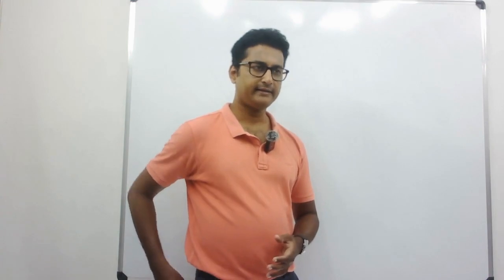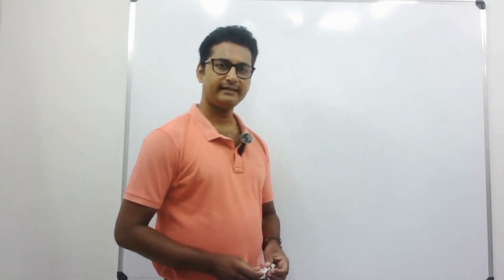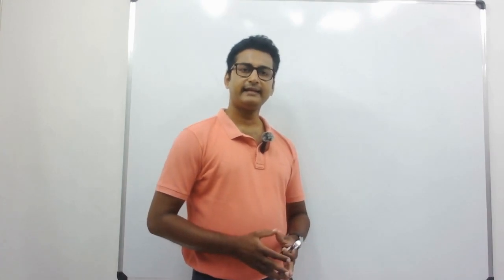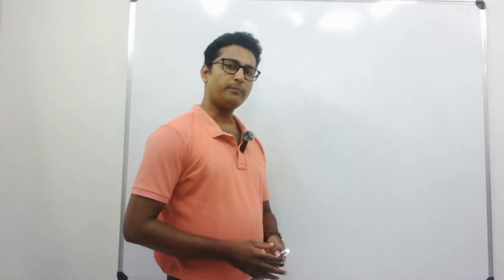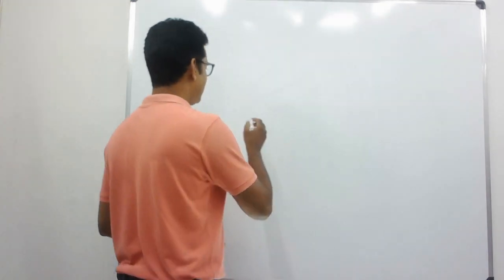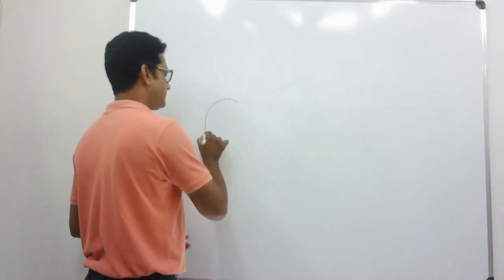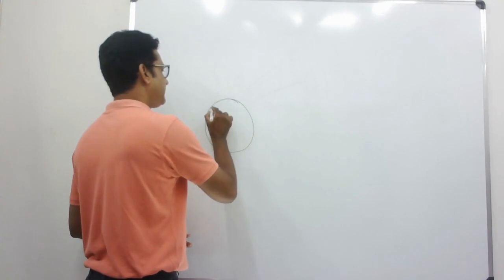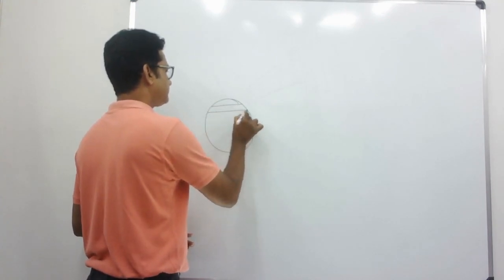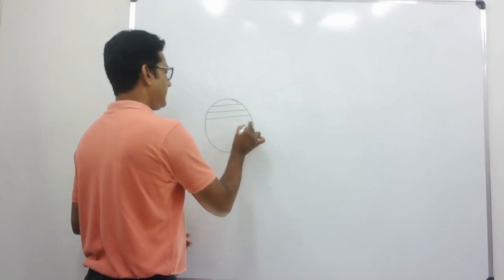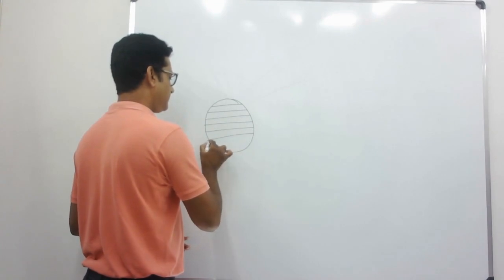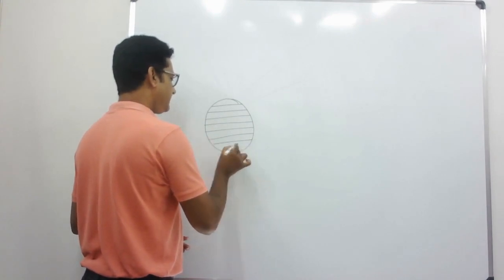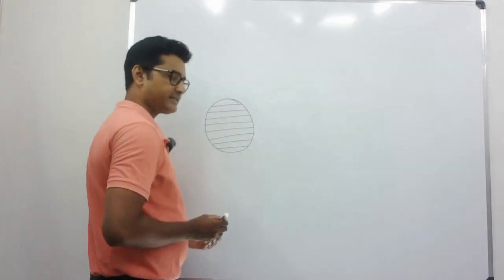A black body is actually an ideal concept, right? So black body means a substance. Suppose this is a substance and it is assumed that a black body is a substance